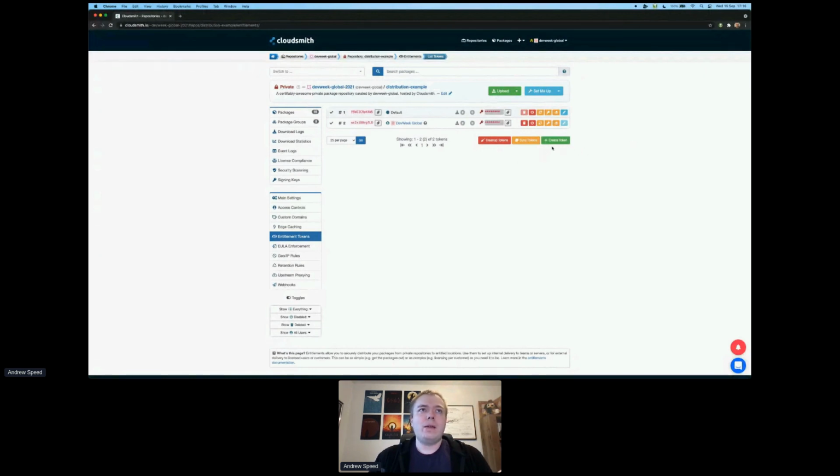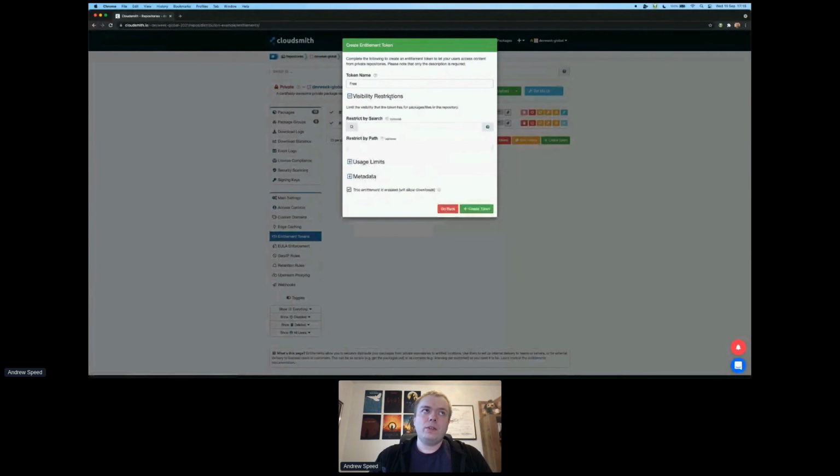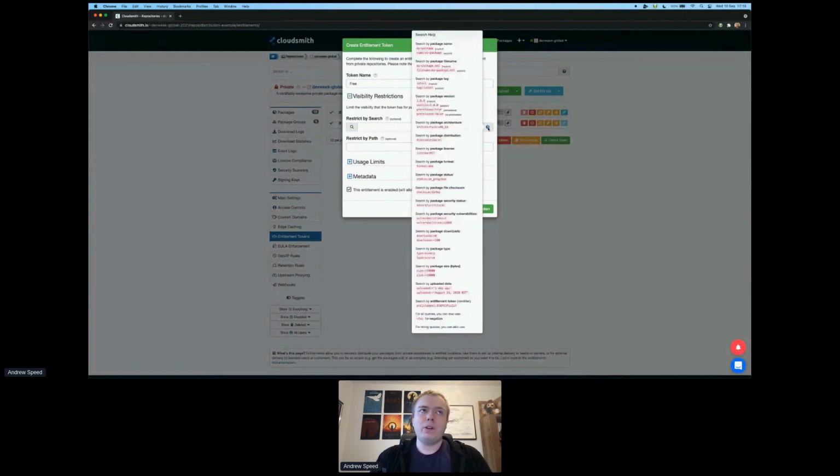So by default, an entitlement token will give access to everything in a repository, but you can restrict that further. So I'm going to create a token called free. That's going to enable access to our free tier packages in the repository. So if we look under visibility restrictions, you can then restrict the token by a variety of different options or